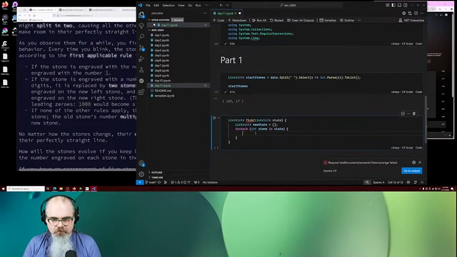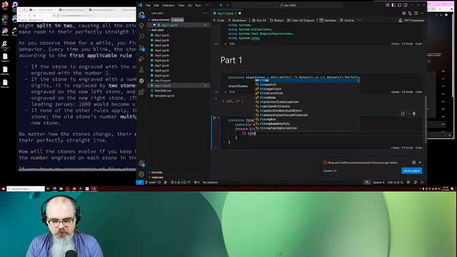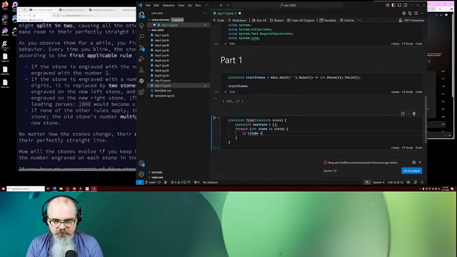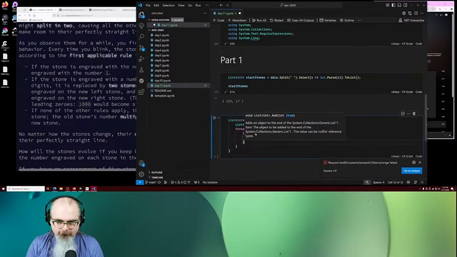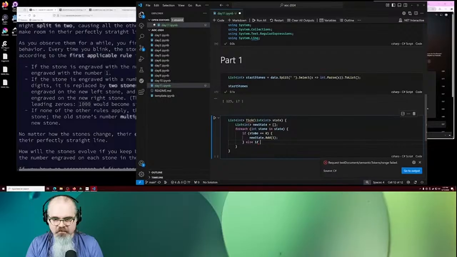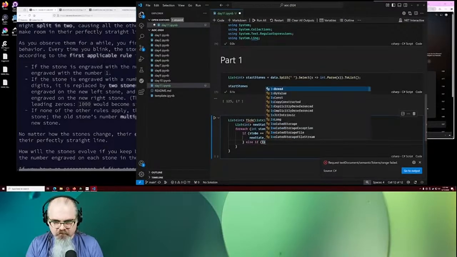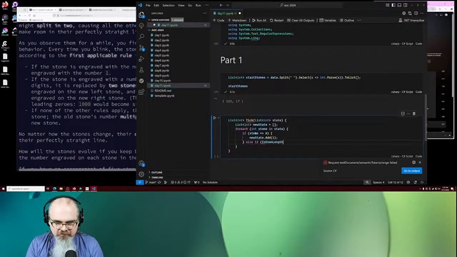So if stone equals 0, new state.Add 1. Else if it has an even length,